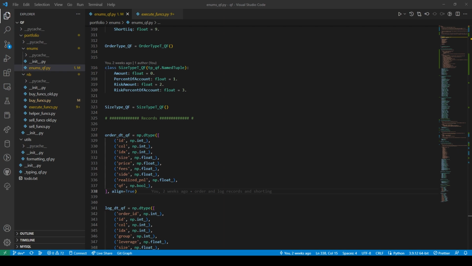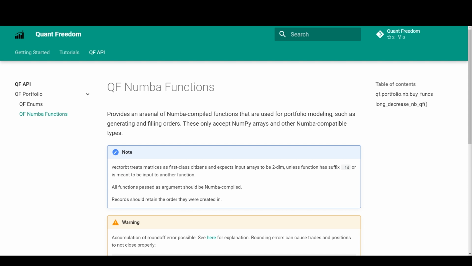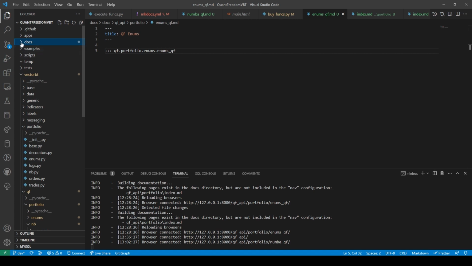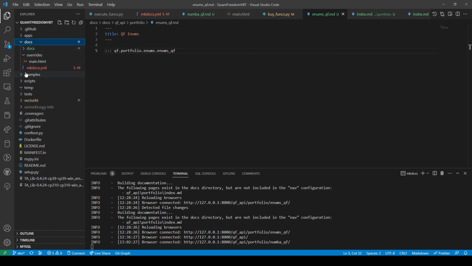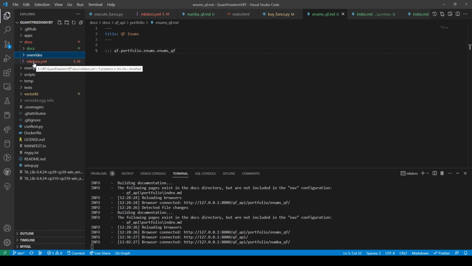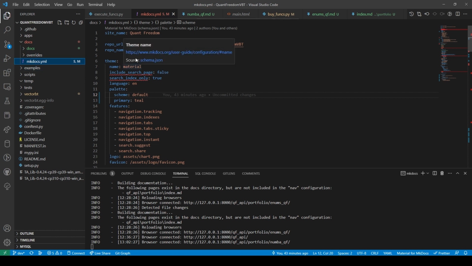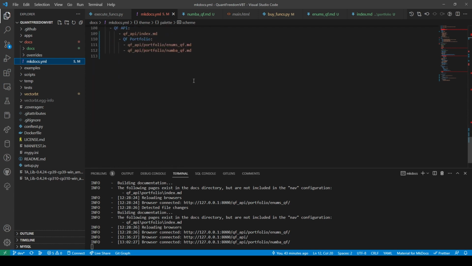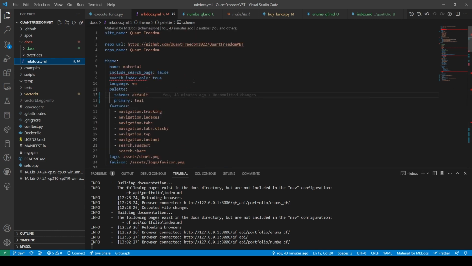And then from there, since this is the local 127.0.0 thing, I'll start recording again when I have to go over and create this actual website. The website will probably be GitHub Quant Freedom 1022 Quant VBT. Yeah, I don't know. Anyways,